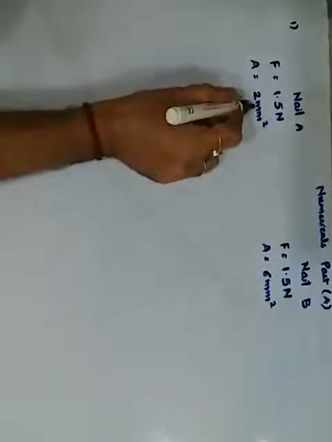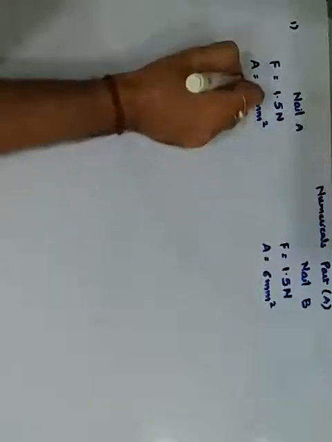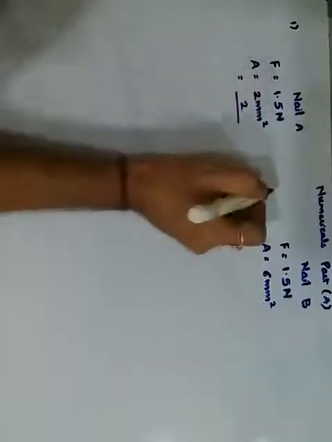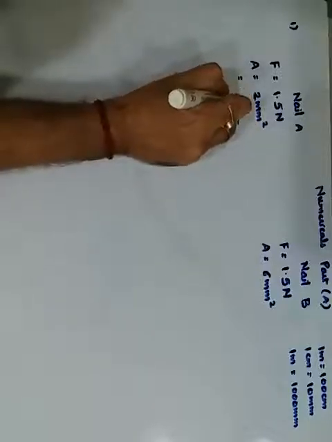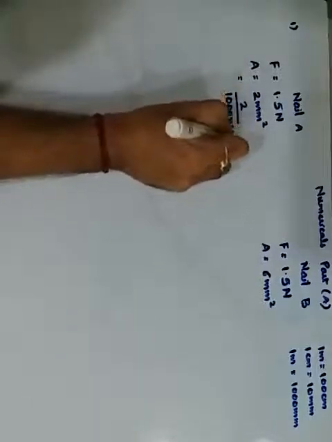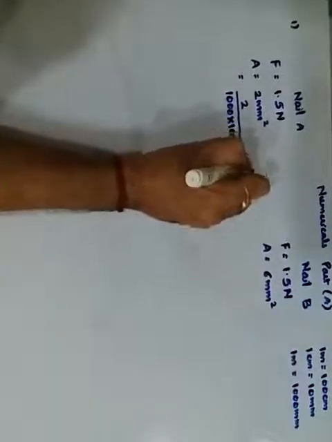Now, since it has to be in SI units, we need to convert this millimeter square into meter square. So how do we convert? You should know the relationship, that is 1 meter is equal to 100 centimeter, and 1 centimeter is equal to 10 millimeter. इसका मतलब together it will make 1 meter is equal to 1000 millimeters. Getting it? So it is to be divided by 1000, but square है इसके लिए 2 times. So it will be divided by 1000 into 1000. Then only it will become in meter square.